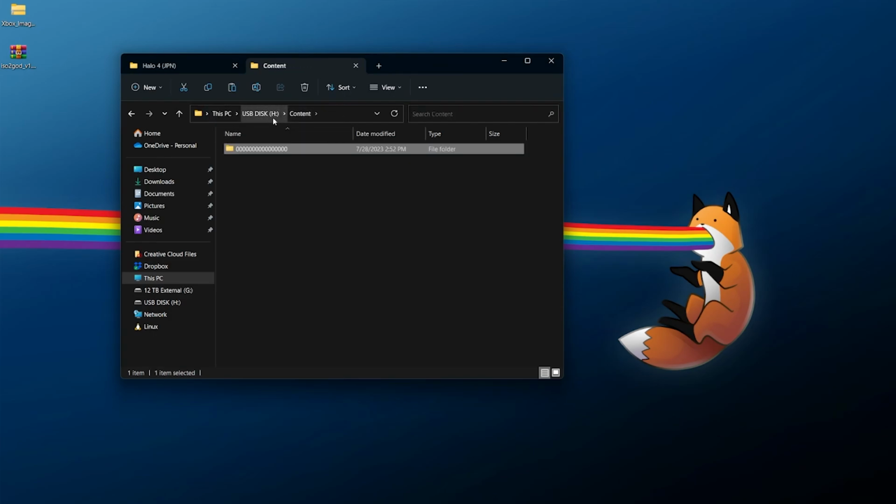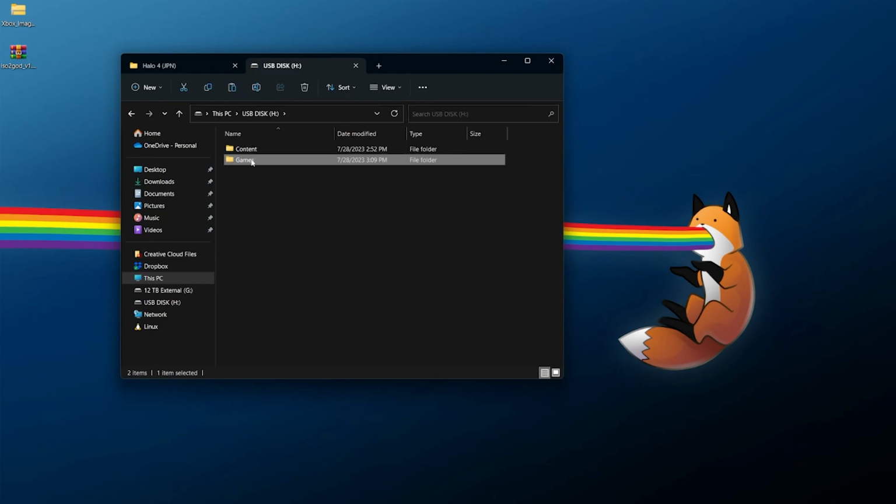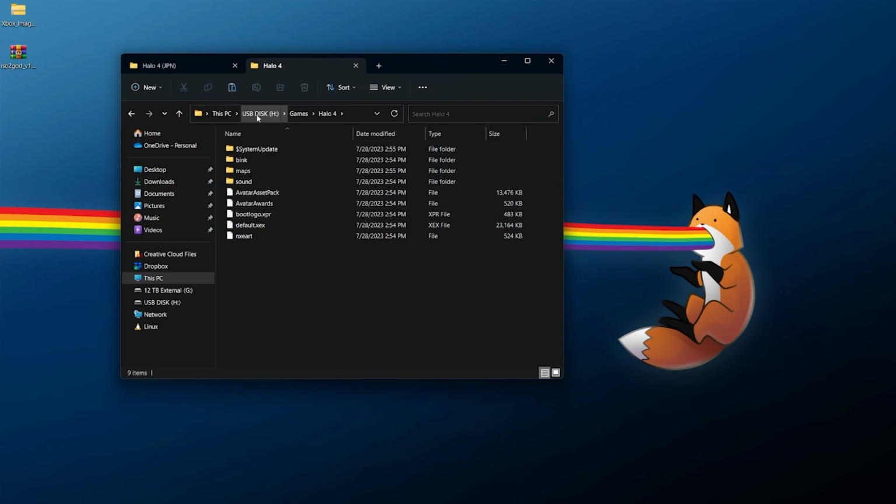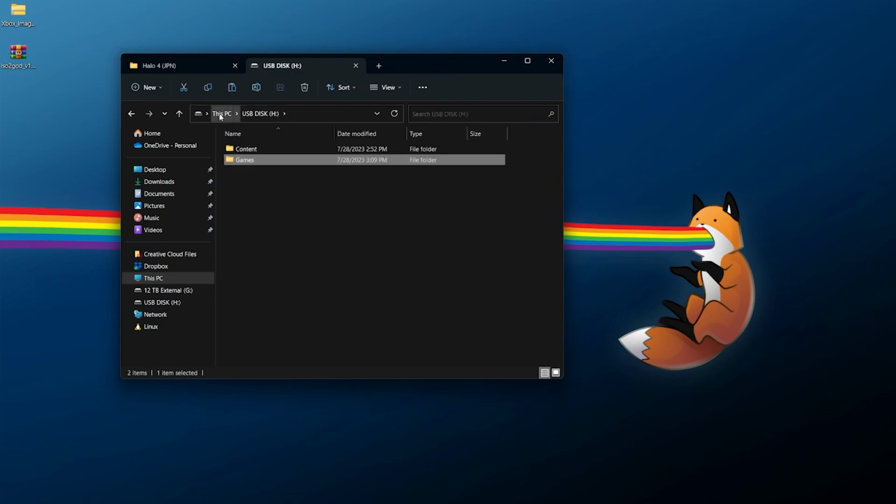And if you're going to be using a raw extracted file format version of the game, it should be within your games directory, and it should look something like that on your USB drive. Whether you want to play it from here or transfer it over, it's going to be up to you. However, if you prefer the Games on Demand package, I will show you how to copy that